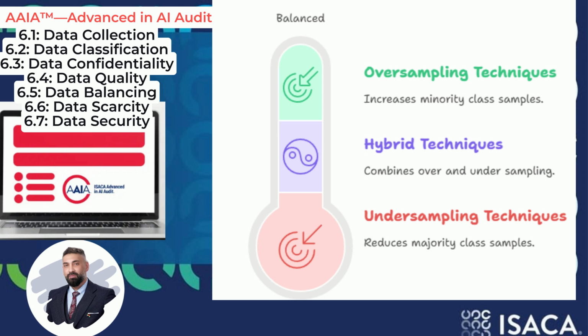The importance of data balancing is clear. It leads to improved minority class performance. Models trained on balanced data are generally better at predicting and identifying instances of the less frequent class. It's a crucial tool for bias mitigation. Imbalanced data is a major source of bias. Balancing helps to create fairer models. It can lead to enhanced robustness of the AI model, making it more stable when encountering real-world data that might also have varying class distributions.